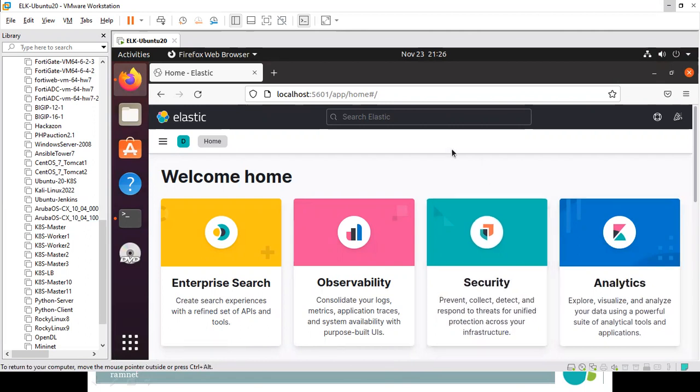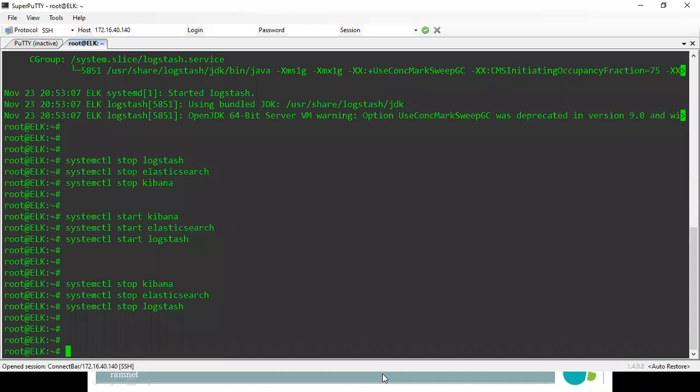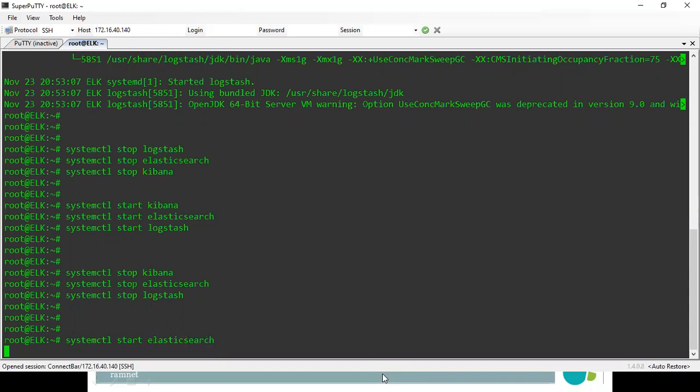Okay. I just need to say localhost 5601 app home. 5601 is the port number on which Kibana is running with Elasticsearch. Before that, I just need to start all the services. Okay, let me come back. I had stopped it already because it eats a lot of memory and other things. Let me start Elasticsearch first. It may take at least 30 seconds. I just installed it on Ubuntu only, Ubuntu 20, on a desktop, not even a server. So it takes some time. Then I'll start Kibana, then I'll go to LogStash. Okay.